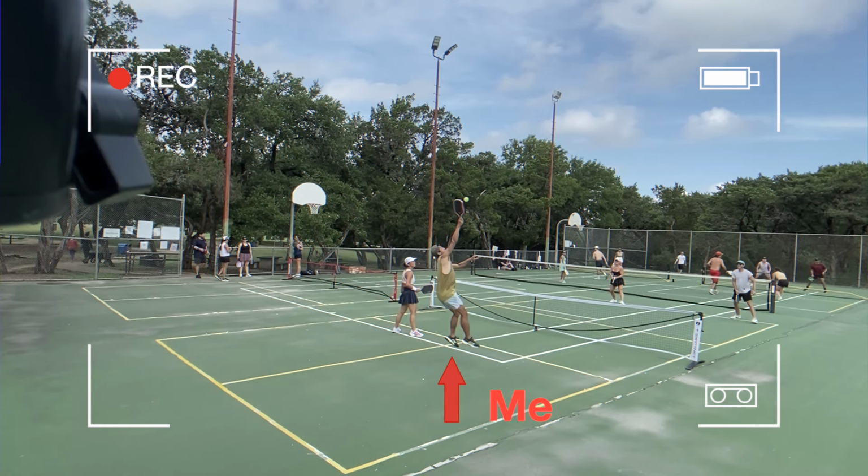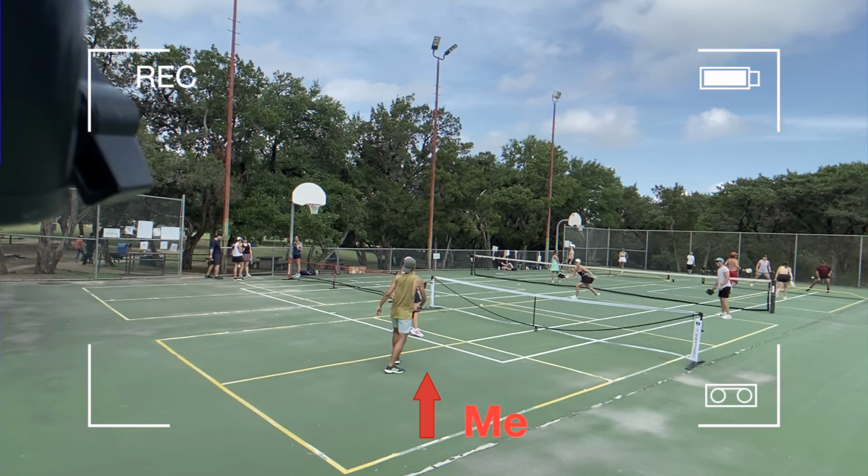This is me, and I'm about to do an overhead smash in a pickleball rec game. What you're about to witness may be disturbing, and something that you might also be doing in your own pickleball games. And if that's the case, stay tuned and finish watching the whole video, because I'm going to share with you what I've been doing to change my overhead smash from this to